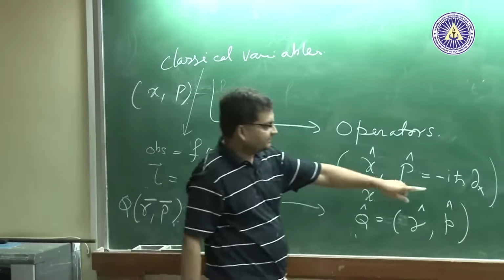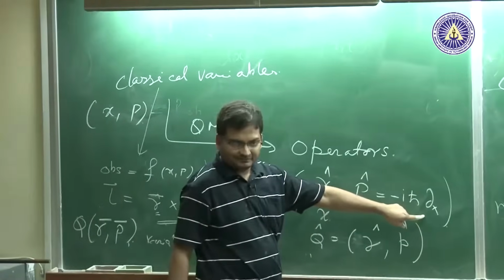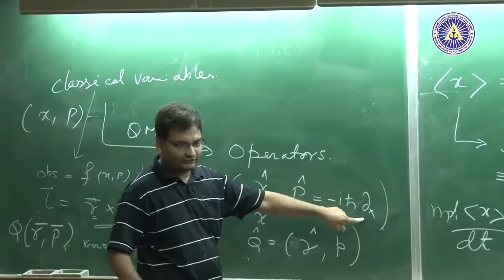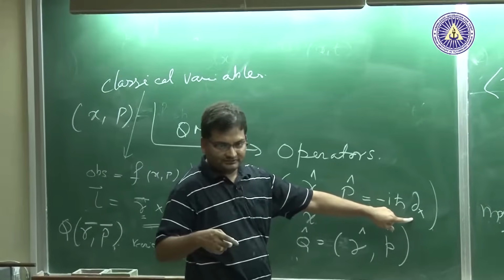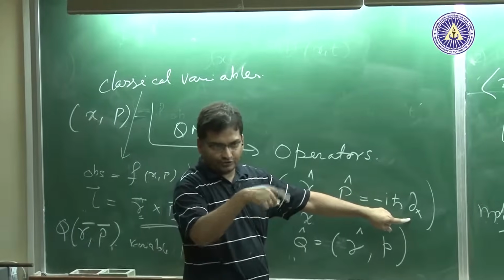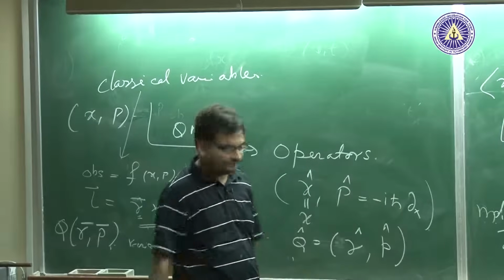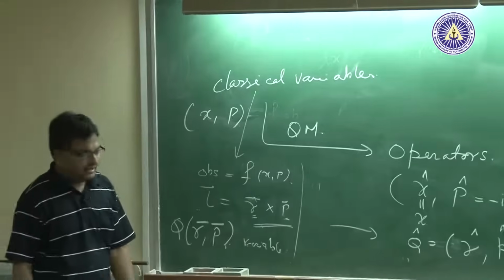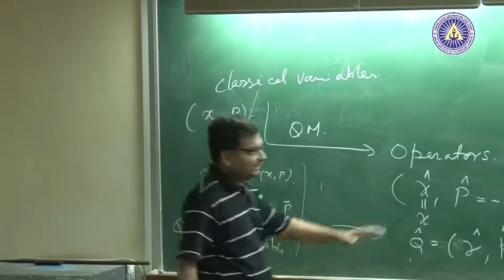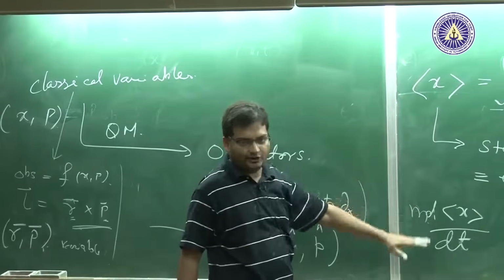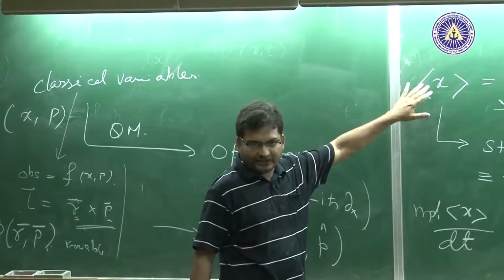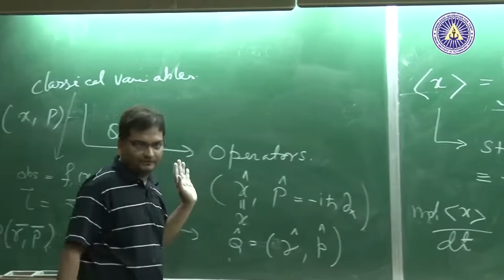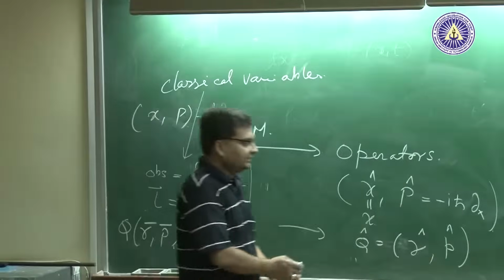This p hat is specifically for one dimension, but I can generalize it to 2-3 dimensions: minus i h bar dou x with the i component, plus minus i h bar dou y with the j component, and so on. And this is the relation. I can explicitly show this by doing calculations of this kind. Whatever the classical variable, I can find a corresponding quantum mechanical operator. Just to give you an example,